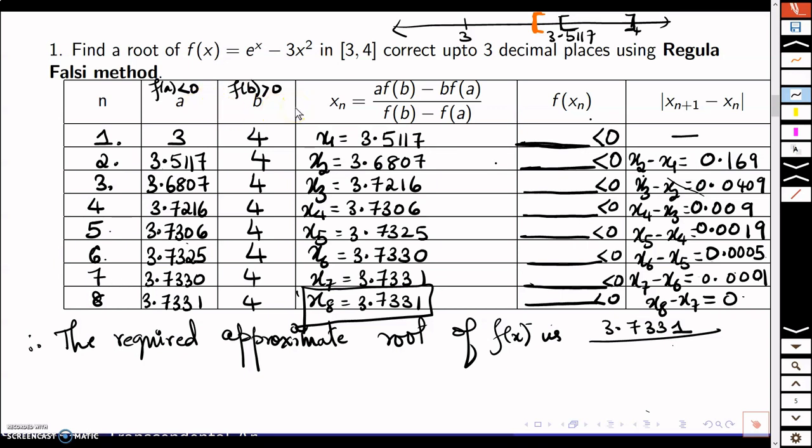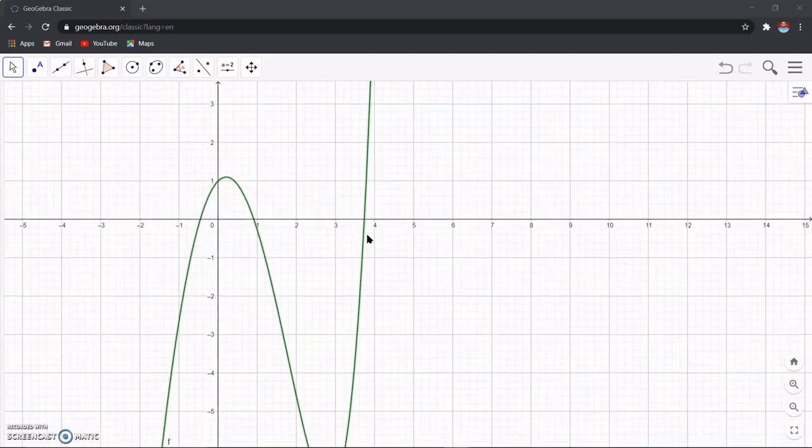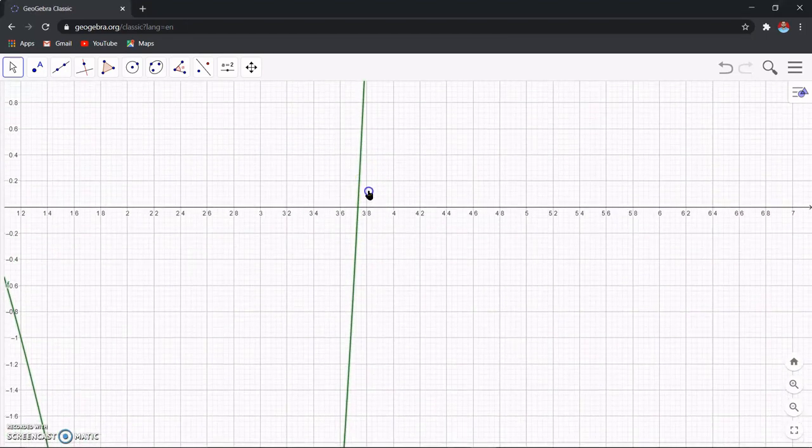Okay, now what I'll do is plot this graph. I've already plotted this graph and I will show you the exact root where it lies on the x-axis. This is the graph of that given function, and looking at the graph it's clear that there are 3 roots. As you can see, the graph touches the x-axis at 3 points, right? But our interval was between 3 and 4, so I will just zoom in between 3 and 4 and show you where the root approximately lies.